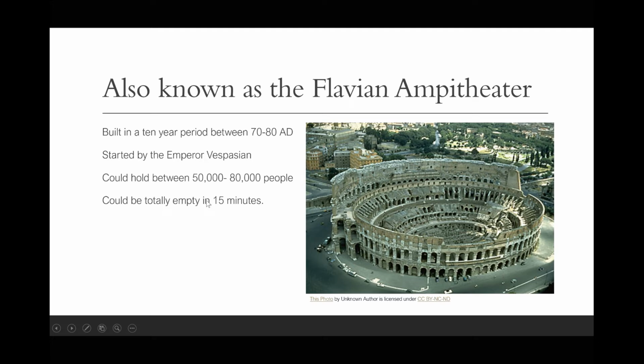And it could hold between 50,000 and 80,000 people, with an average attendance of about 65,000 people. And that is a lot of people in one area here. And that rivals our stadiums today. NFL games, baseball, some of those stadiums that we have now hold about 100,000, but not bad for a 2,000-year-old building, right? And they say that it could be totally empty. They could have everybody out of this place in 15 minutes. You see all these arches and these doorways and these exits and entrances. Again, it was quite something. And today it's still